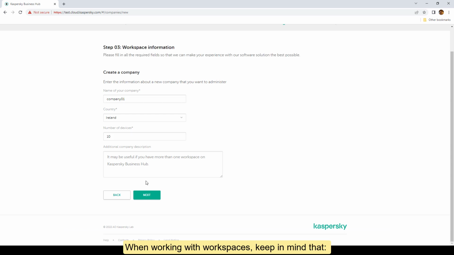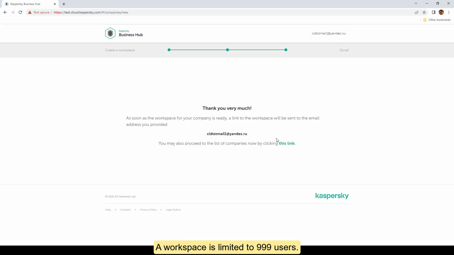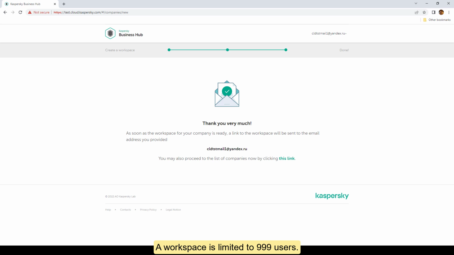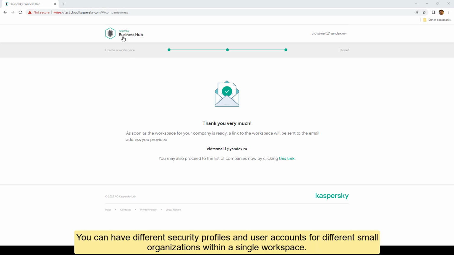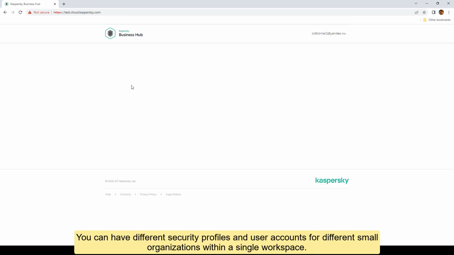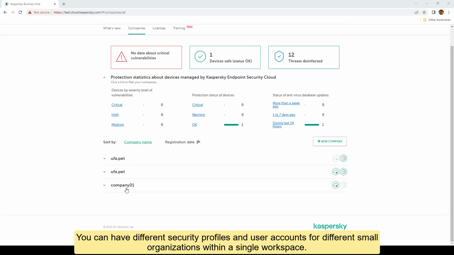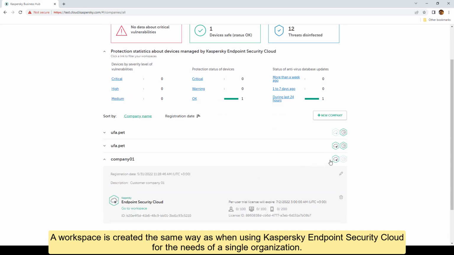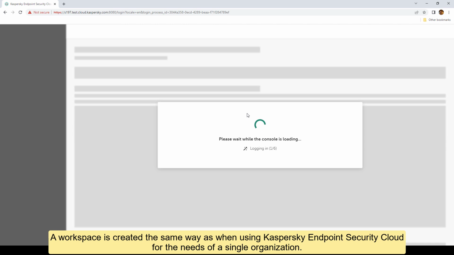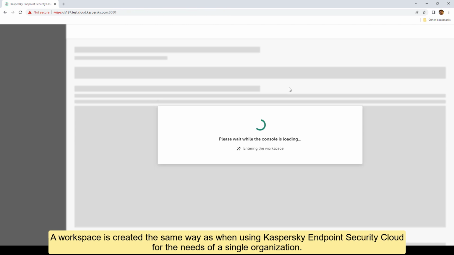When working with workspaces, keep in mind that when a workspace is created, it receives a 30-day trial license. Each workspace requires a separate license or subscription. A workspace is limited to 999 users. You can have different security profiles and user accounts for different small organizations within a single workspace. A workspace is created the same way as when using Kaspersky Endpoint Security Cloud for the needs of a single